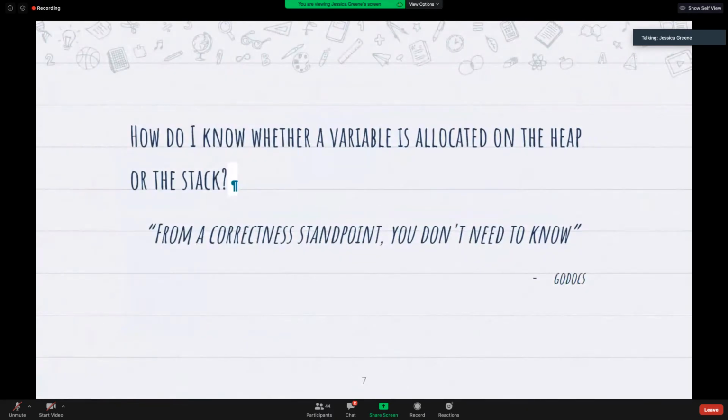So how would you know whether a variable is going onto the heap or the stack? Well, with Go, according to their docs, you don't really need to know. The compiler is doing a lot of things to accommodate this for you. So as a developer, you maybe don't have to be as concerned as you would with a different language as to where your allocations are ending up. But of course, the caveat here is we want to have a look at that because that's going to be the main player in understanding how and when our garbage collector is running.